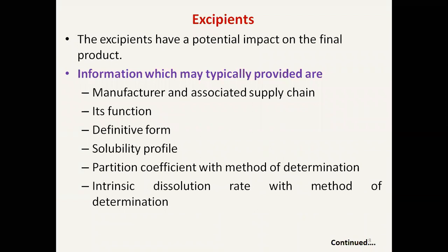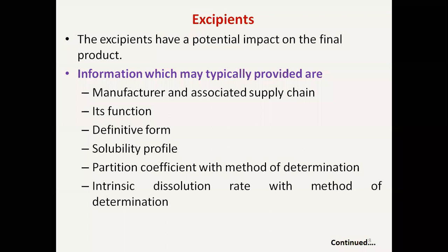The excipients to be used have a potential impact on the final product. Their specification and relevant functional characteristics should therefore be made available by the SU for the transfer to the RU site. Some of the information to be transferred may change depending upon the QRM, that is the principles of quality risk management.